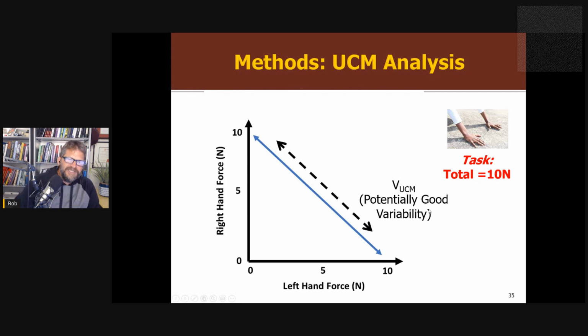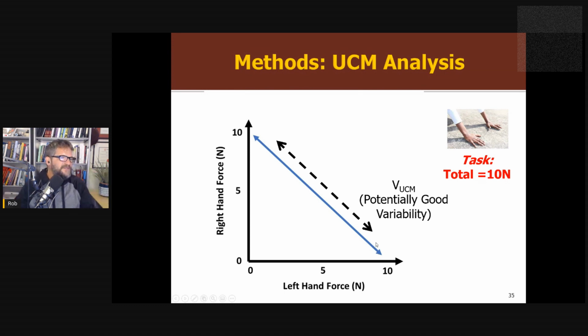I like to call it potentially good variability because it's not necessarily good, right? But it's just moving along this line, moving from having equal force in both hands to having all the force in the left hand. It's potentially good because, for example, you could use it to adapt to fatigue or injury, right? It's not by default good on its own. It just gives you room to adapt to changes in constraints. So we call this UCM variability, variability along the manifold. It's good because it's allowing you to adapt to constraints while still satisfying the performance criterion of